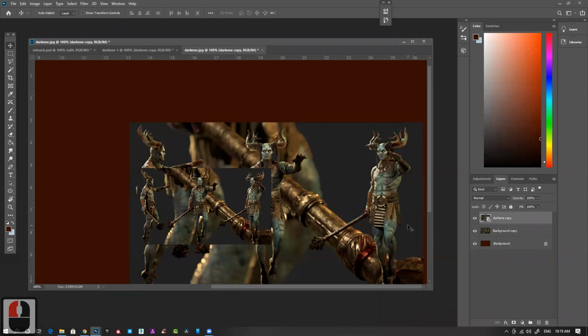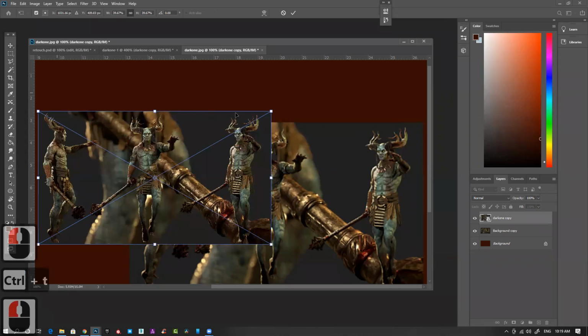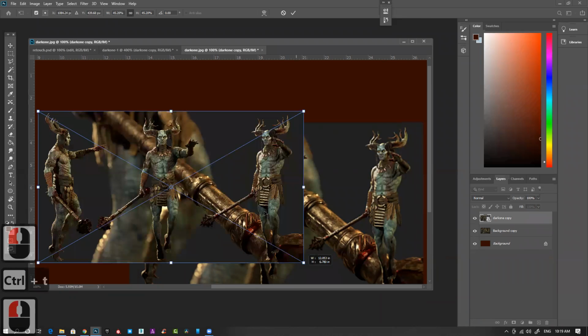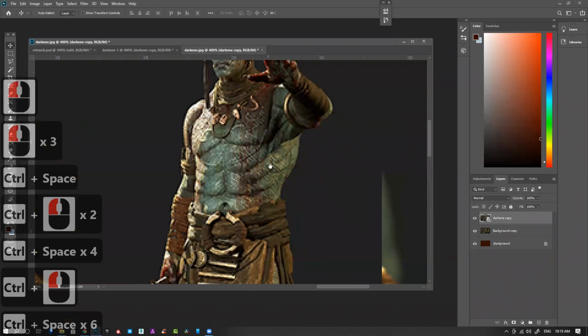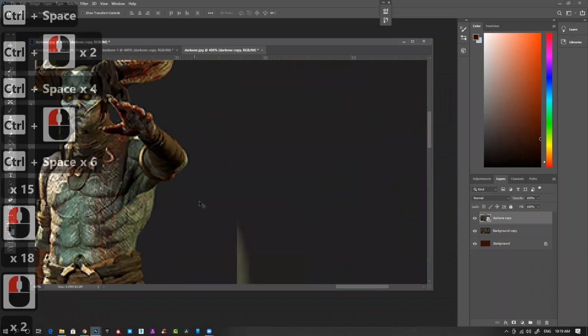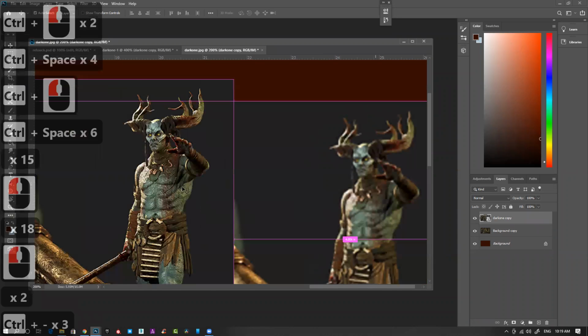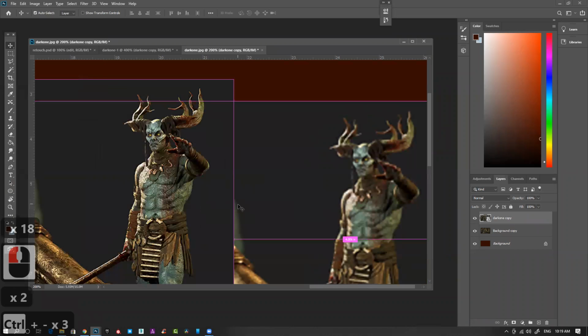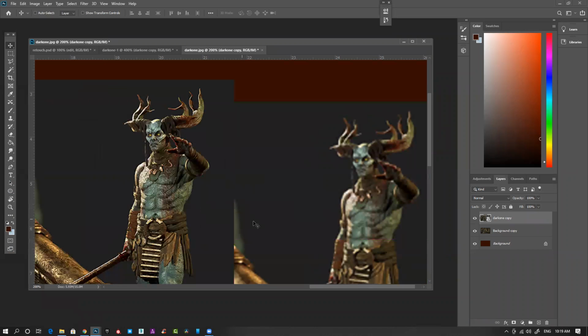Now I go to the dark one, this smart object, Control T, and scale it up, and see, it still retains all the details. See the difference clearly. So basically what is happening here is that this image is a raster image,